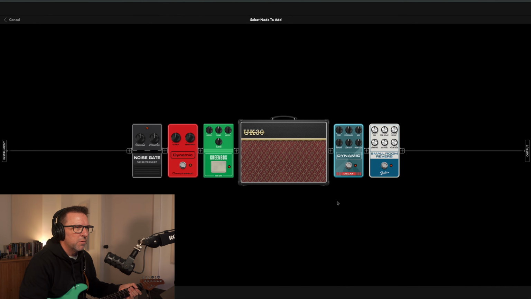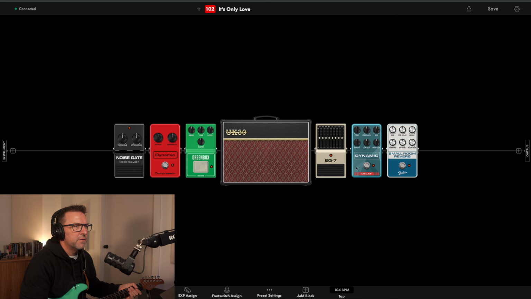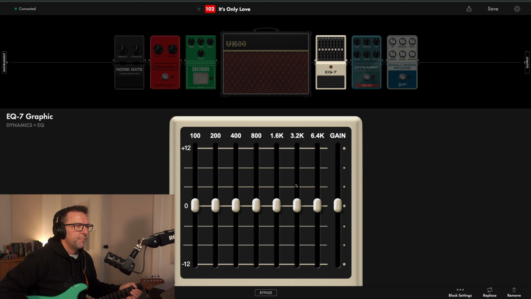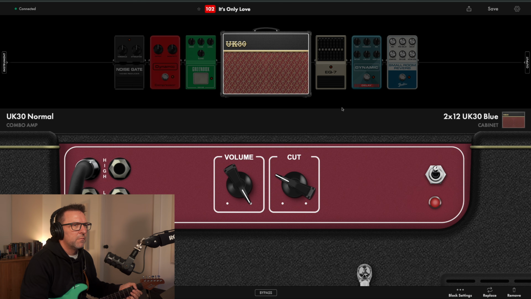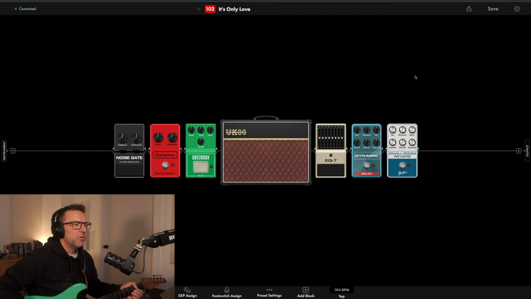Actually, I'll just add a block. I'm going to put it after the amp. And I like the 7, so I'll use that. I'm going to boost the preset volume while I'm recording.